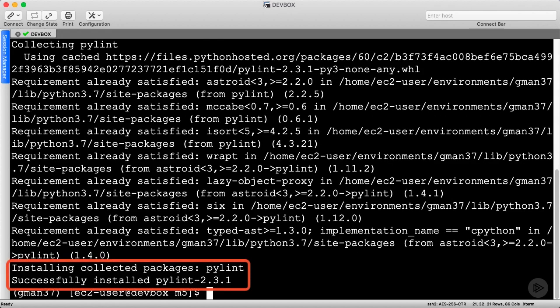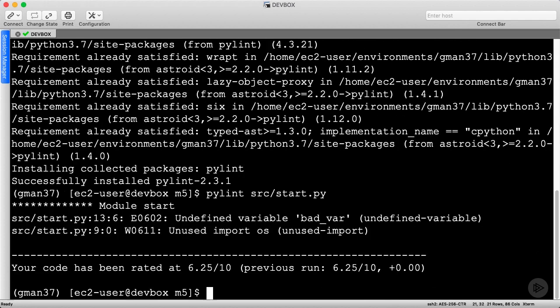Okay, we've installed PyLint successfully. Let's try it out on our start.py file. PyLint runs pretty quickly and reveals a list of potential issues with your code. Before this clip, I introduced some bugs. Each message has a corresponding code that starts with a letter and ends with 4 numbers. The letter indicates the message type, such as W for warning, E for error, and a few others. The number represents the error code.